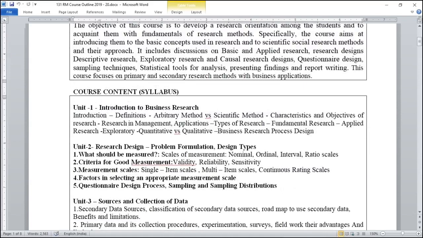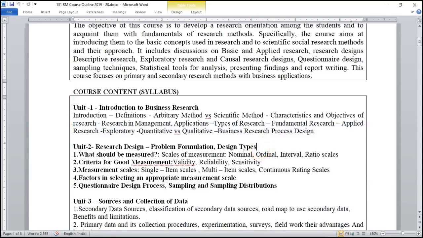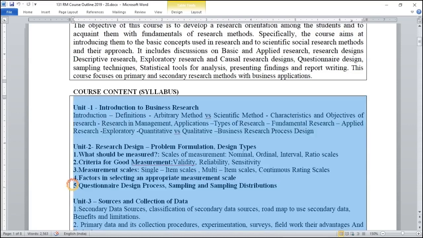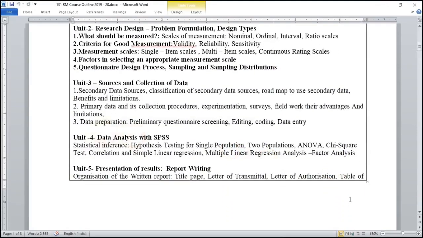So we had already seen unit 1 and then unit 2. Now, these two units were covered before the lockdown situation, and then partly unit 2, that is from questionnaire design. That means the last component of unit 2 couldn't be done during the regular class hours, so we had to do this during our lockdown situation. Then unit 3 also was done during the lockdown. Then we had just finished with unit 4,